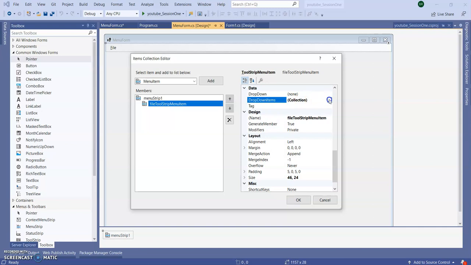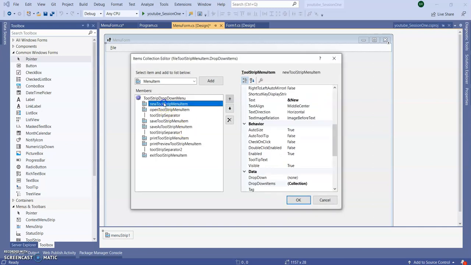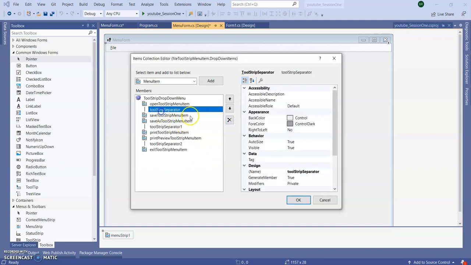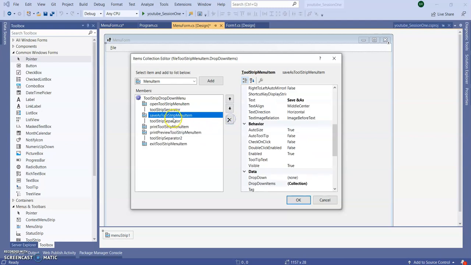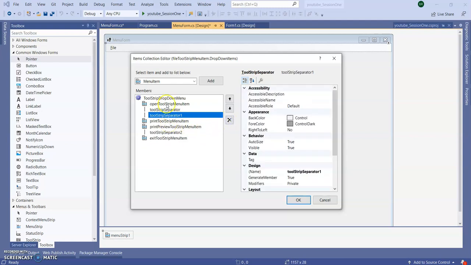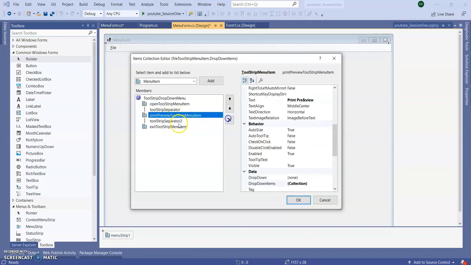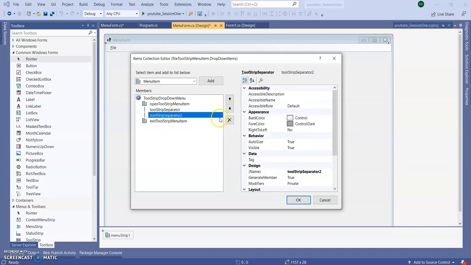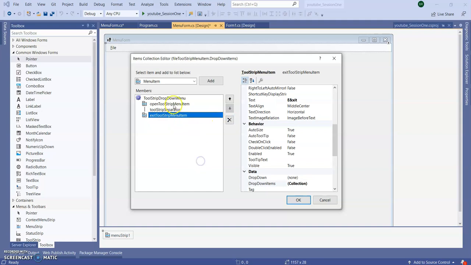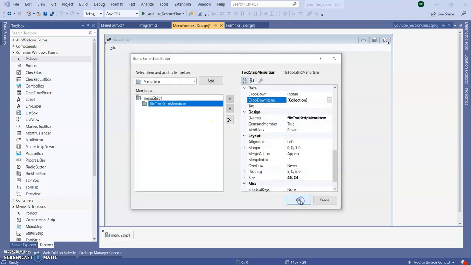There you can see a collection in the properties, new. I don't want this new, open, so I'm deleting everything. And I just want open and exit. Okay, in this, click on OK.